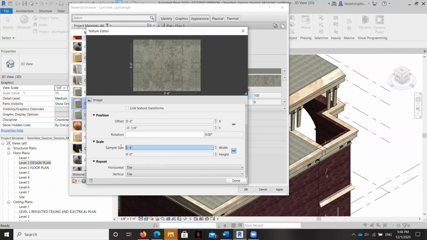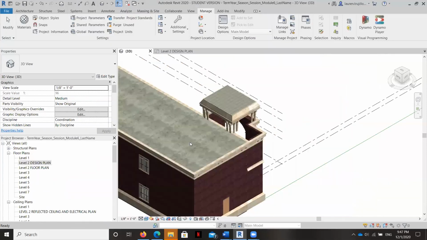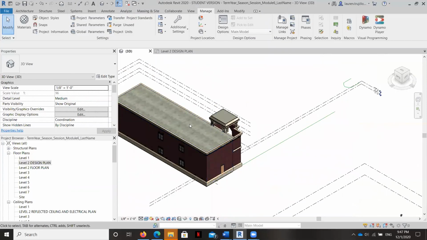Actually, it's a pretty dense pattern. I'm going to make it even bigger. There you go. So that looks a little bit better.